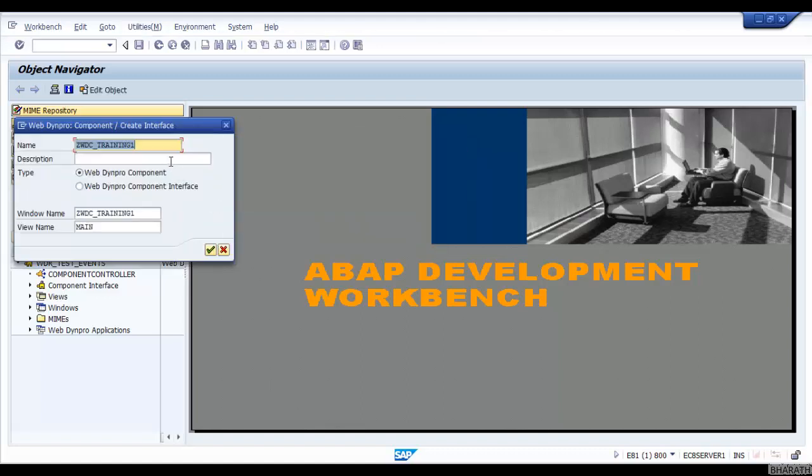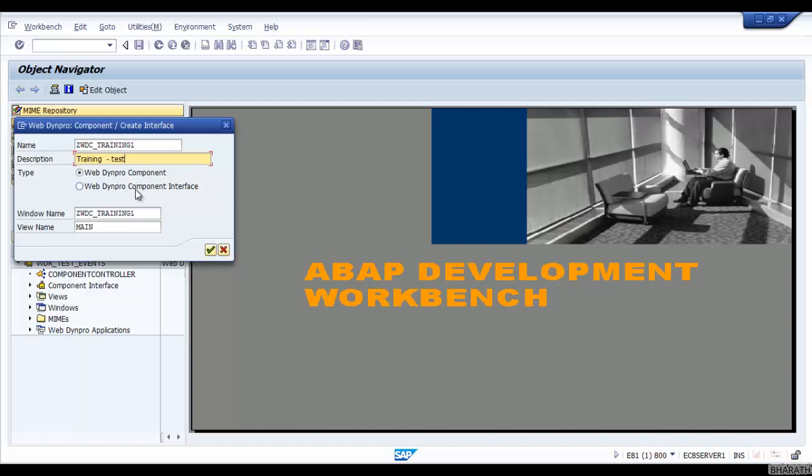Here you can see the component name and description. You have two different radio buttons available: WebDyn Pro component and WebDyn Pro component interface. A WebDyn Pro component is a component where you can design and develop the WebDyn Pro screen, but a WebDyn Pro component interface is a faceless component.